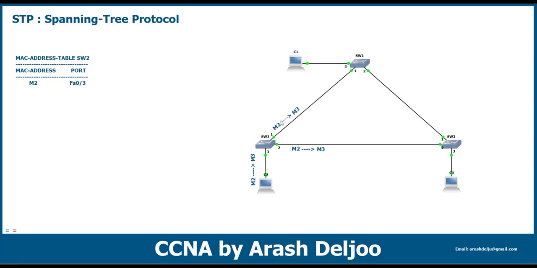Now I'm going to follow this frame from M2 to M3, and now it is received in switch 1. In switch 1, again, we have a similar MAC address table. This is the MAC address table of switch 1. Here, when we are receiving the frame from